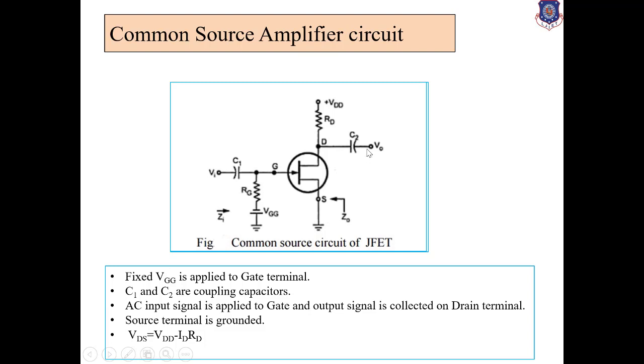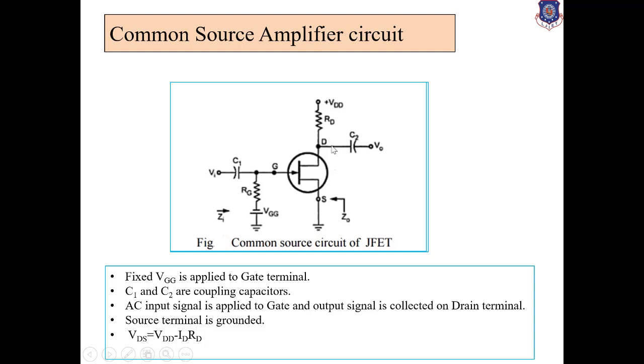So you write down the KVL in anti-clockwise direction: minus 2 plus VDS plus VDD minus IDRD is equal to 0. That means you can assume that there is a voltage drop between drain and source. Otherwise, in a simple way, you can write down the output KVL from top to bottom.